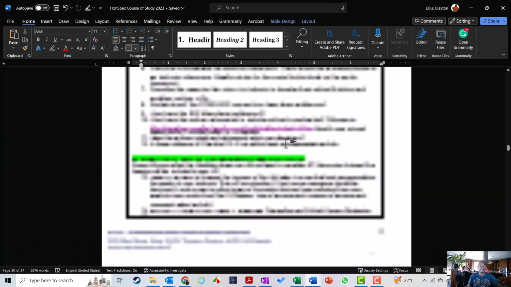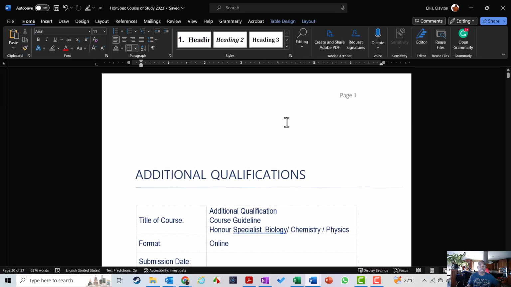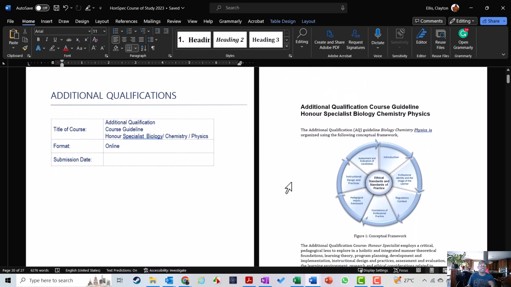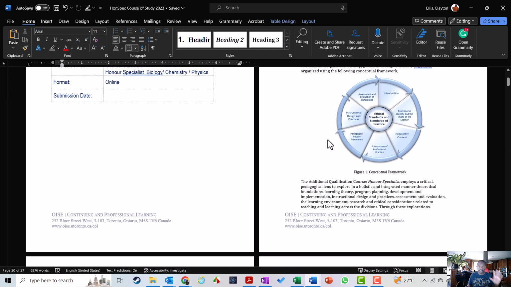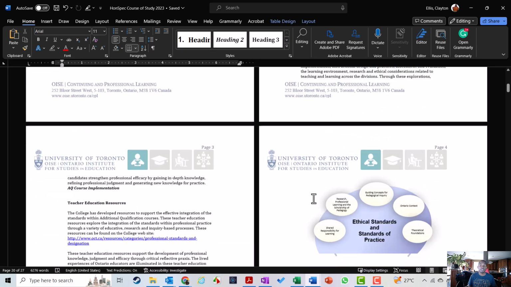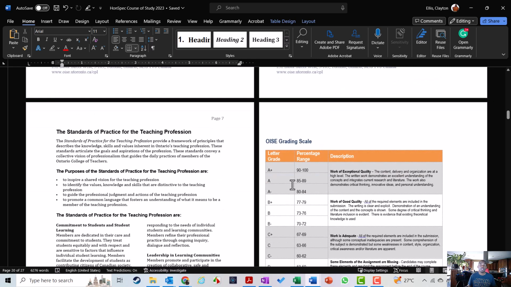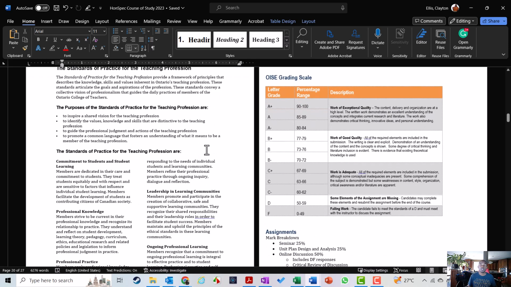And your course of study, it outlines everything we're doing this course. It's an official document. It is something that is shared with the ministry. You'll see something very similar with most other providers that are doing the honor specialist or senior additional qualifications. So the front matter is kind of general, talking about what the expectations of the learning should be. As you scroll down, you're going to find things that are very particular to this course. Okay, the first modules do focus on ethical standards of practice, and you'll see the ethical standards of practice is kind of embedded in this course of study. You'll also see the grading scale by letters and what the letters represent as a percentage grade.